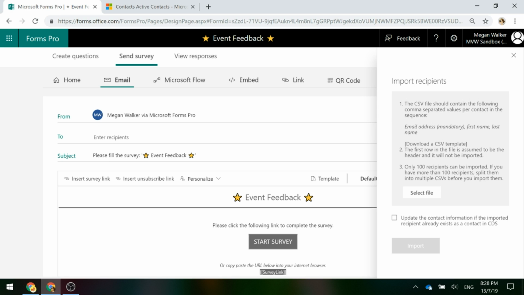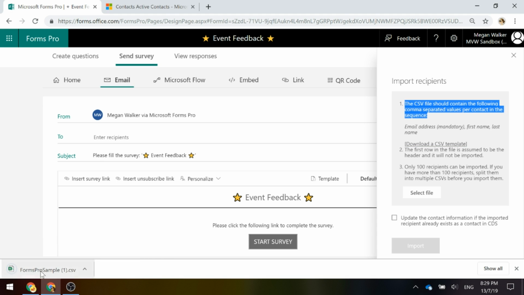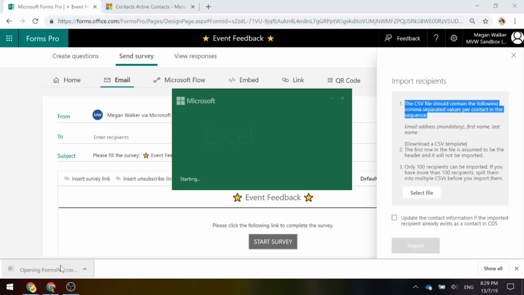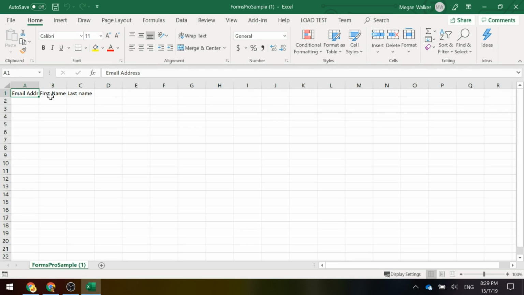So we can see here we've got some information about the file and the format of the file. It says it should contain the following comma-separated values per contact in the sequence, and it should have email address first. That's mandatory. And then optionally, you can have the first name and the last name. So if I just click download CSV template so you can see it, it's very simple. It's literally what it just says: email address, first name, last name. So you can download that, or you can just manually create one and go ahead and add those as your